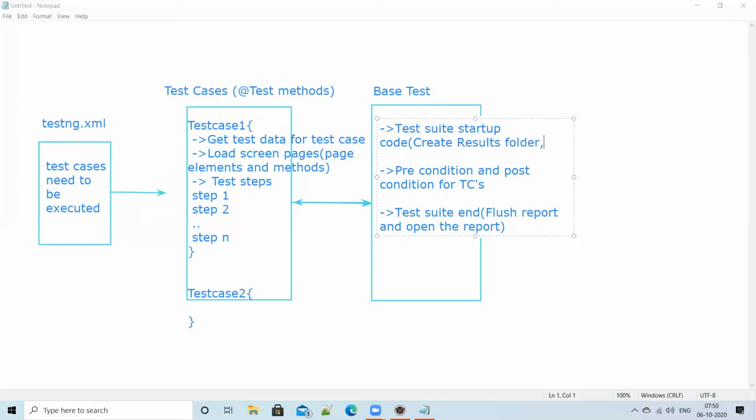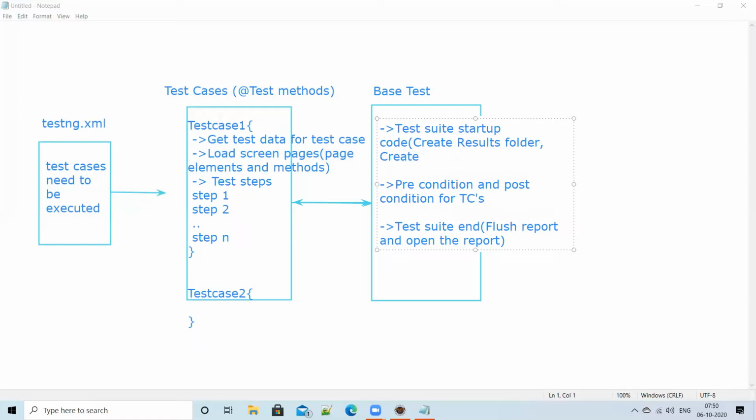Create results folder, create HTML result file. Okay, that is ExtentReports we are using. So these basic steps are executed here.